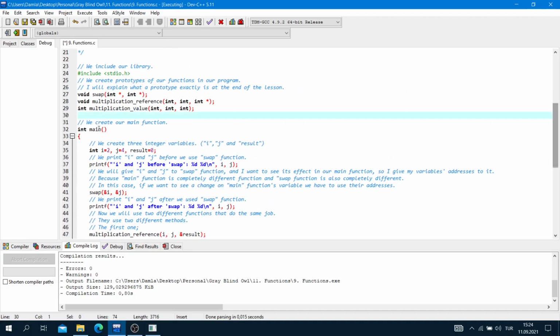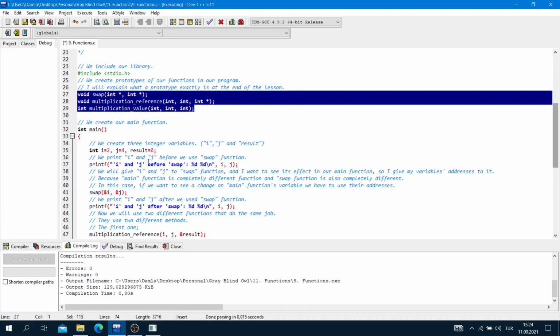Now integer main, printf, and swap address of i and address of j. The compiler knows the swap now, and it can use this function. So we have to use the prototypes for these operations.